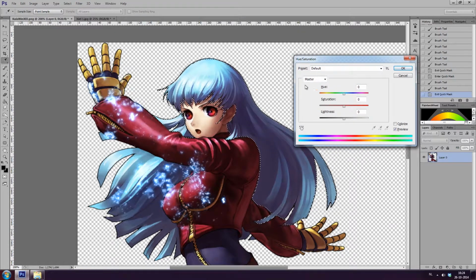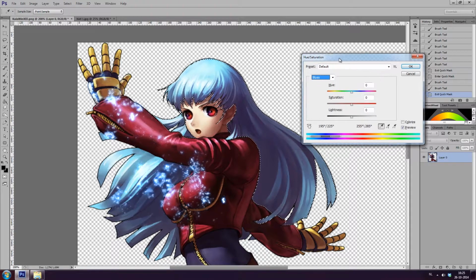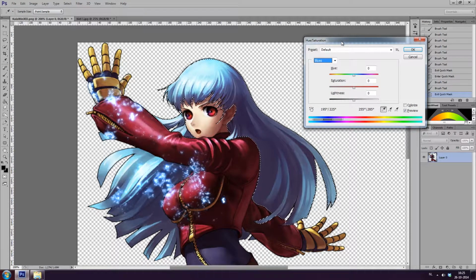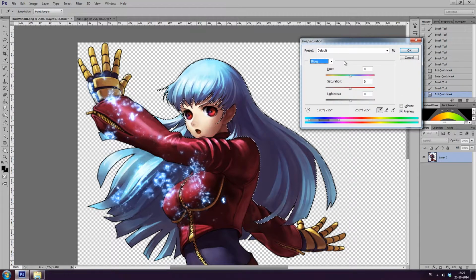Now you see there is master highlighted here. What you want to do is you click this layer and you instead select blues. What this does is that it only affects blue hues in your particular selection, or your entire image if you do not have a selection. And from here you're gonna slide the hue dial up or down,